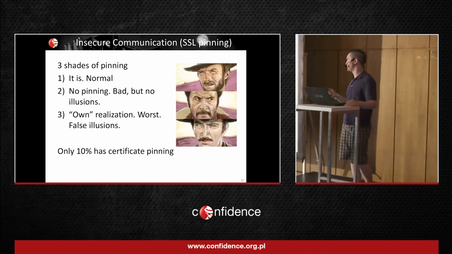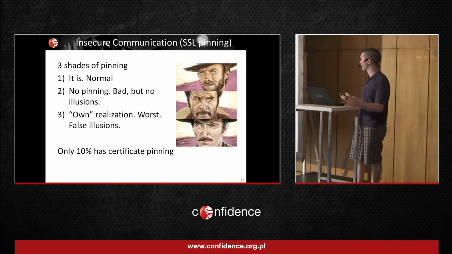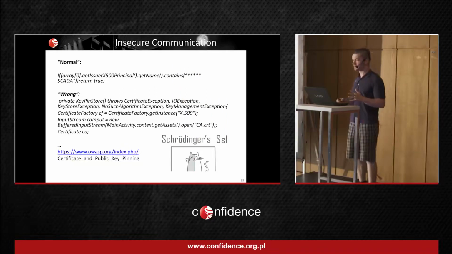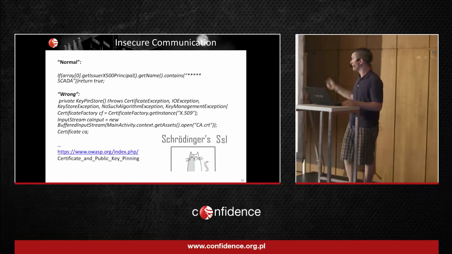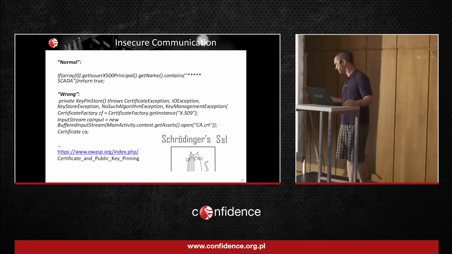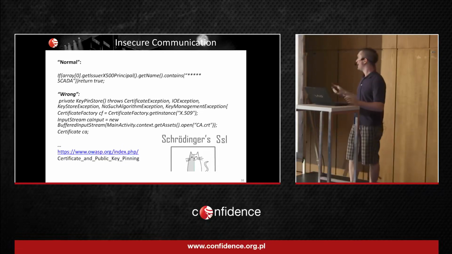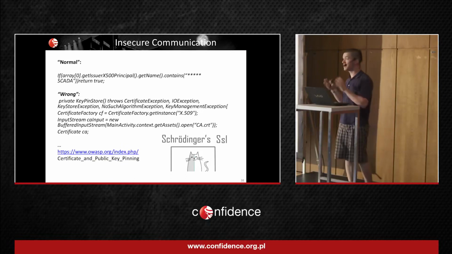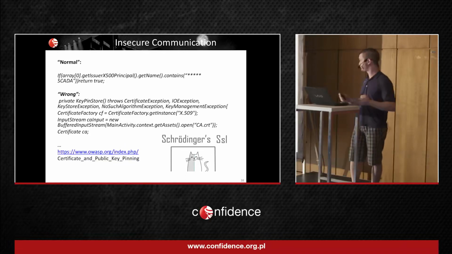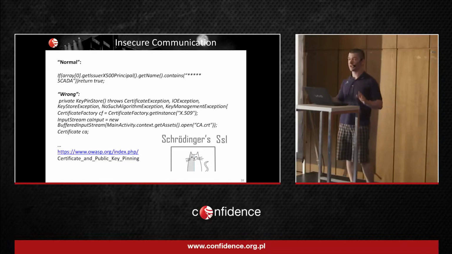I need to say that only 10% of all reviewed apps have SSL certificate pinning. So, I really don't understand why anyone tried to put some certs in apps, write lines of code, or use some guidelines from others. All really can be done much easier. Oh, yes. You just need to check the issuer name of the certificate if it contains a vendor name, so all fine. No one ever can create the same certificate with the same issuer name. I don't know how.